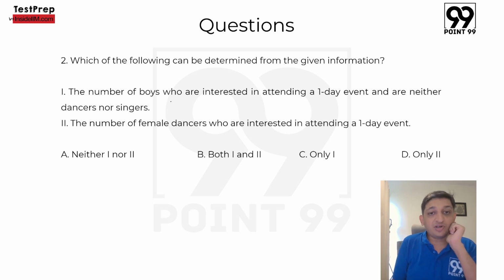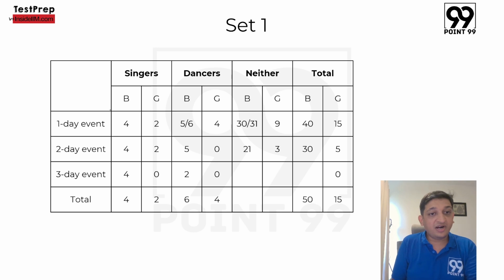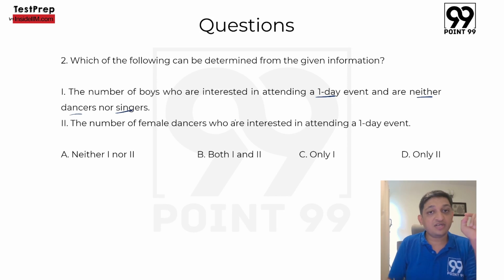सेकंड क्वेश्चन में, which of the following can be determined from the given information? The number of boys who are interested in attending a 1 day event and are neither dancers nor singers. तो एक एक करके देख लेते हैं। 1 day event में कितने बॉयज हैं जो सिंगर्स भी नहीं हैं और डांसर्स भी नहीं हैं? 30 भी हो सकते हैं, 31 भी हो सकते हैं। So I cannot really determine an answer from the data that we have. सो 1 को मैं डिटरमाइन नहीं कर सकता।